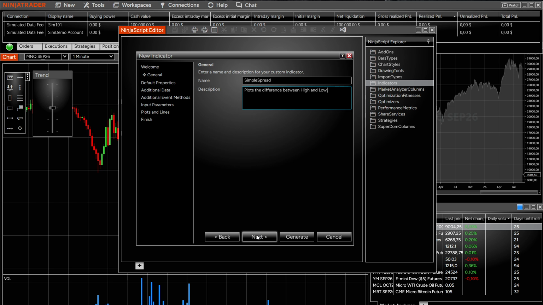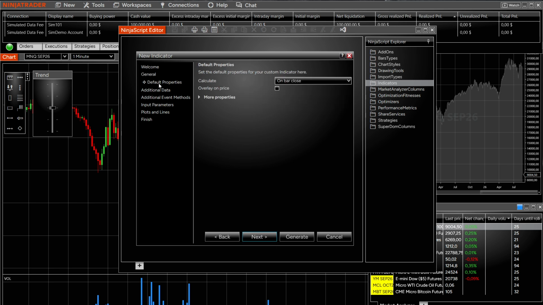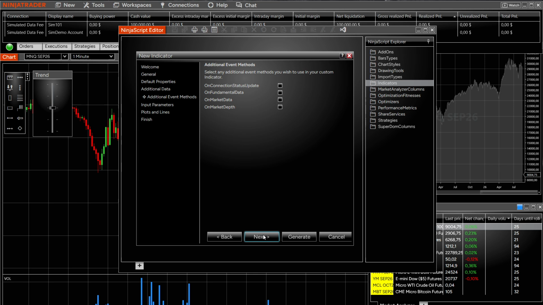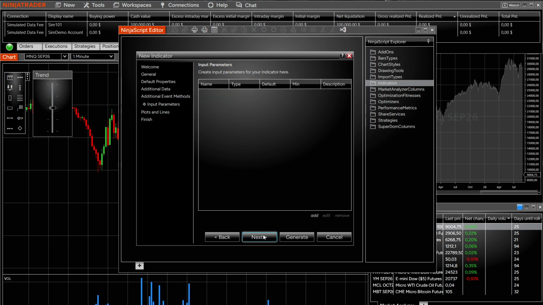Now you have to click on this next button over here, and you can just leave these properties over here as they are. Of course, you can go and change them as well if you want to, but I'm actually going to skip directly to the plots and lines over here. So I'm going to click on next. You can add in additional data if that's needed for your custom indicator. You can go and add additional event methods and input parameters if you want to, but for now, as I said, I'm going to go to plots and lines, and then from here,